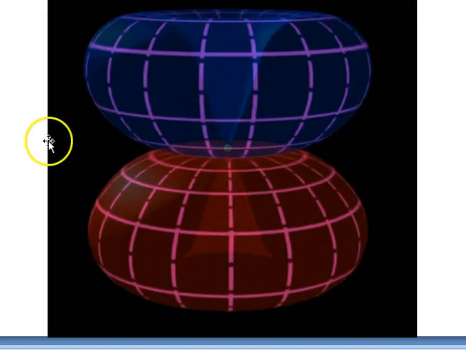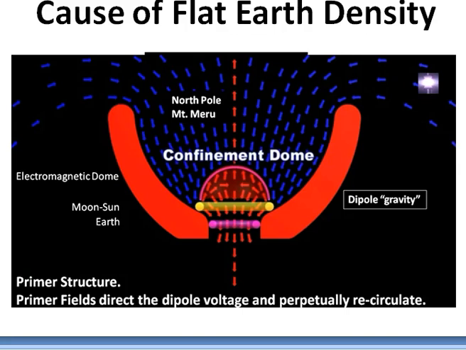You can see the big structure, the basic structure. Then if we get in close, we can see certain things stand out. That this could be our stars up here. And this confinement dome isn't really a dome like a glass dome, it's basically electromagnetic pressure, you can call it.